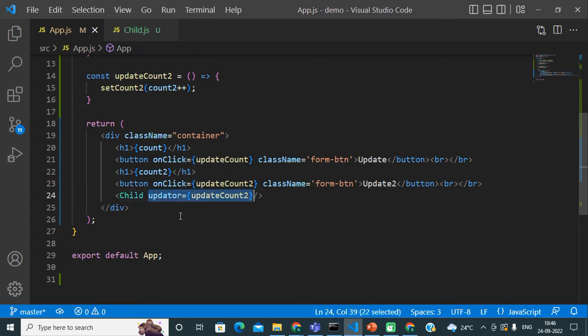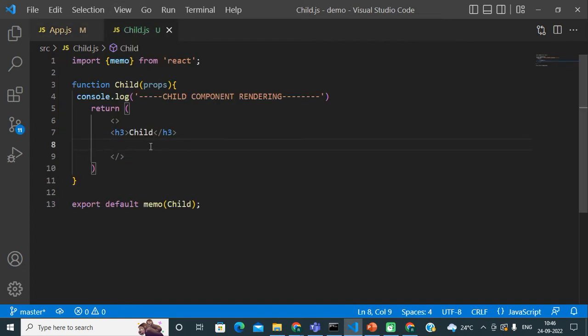That means for the child component we are not updating that component's props, it is still receiving the same function on app component re-rendering. Second, this component doesn't have any state of its own, so obviously there is no state update. Then why is the child component getting re-rendered again?